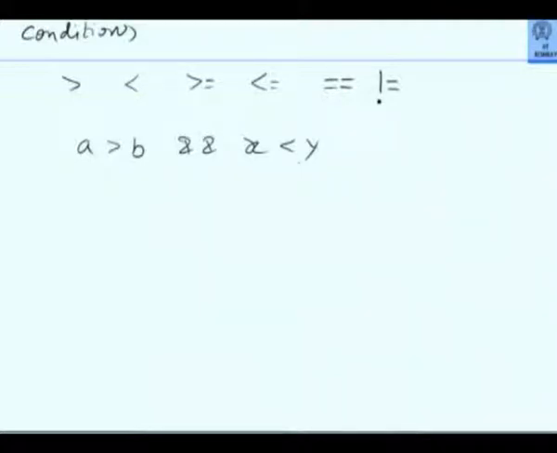And logical operators and, or, etc. have a lower priority than this. However, it is always safer to write this in a bracket, write this in a bracket. This is the well-formed condition. And if you want to write an if statement, you have to enclose it by one more pair of brackets. Because if statement requires a bracket pair in which you write it. And then you write your statement. Is that okay? How do you write or?